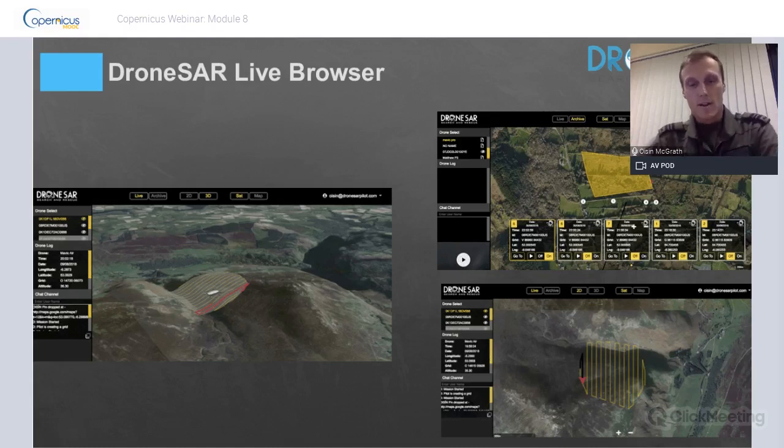The live browser then on the command side would look something like this, where on the left side you have the image of the drone flying its path across the ground in 3D imagery. So the command and control have a clear image of the terrain, the features, how they're going to resource it. If they need to send extra resources, how are they going to do that? Can the helicopter be used? Can they put people on the ground?